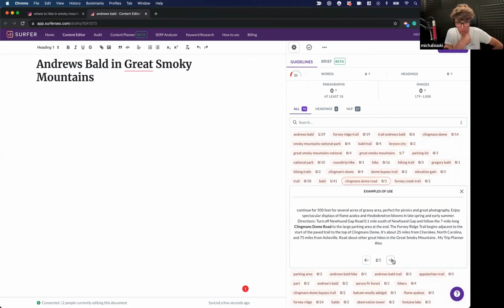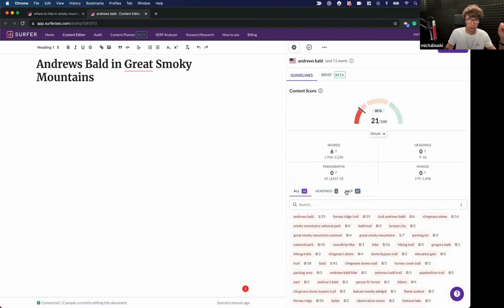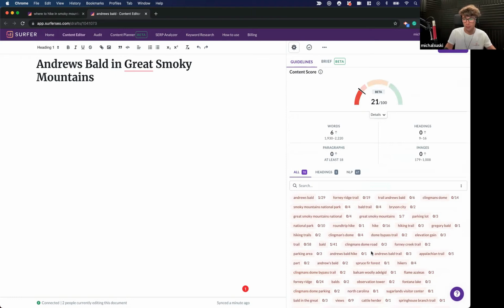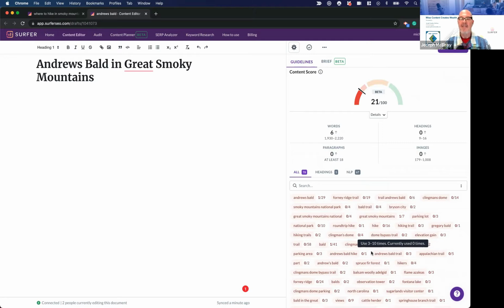So I can read that the Clingmans Dome Road to the large parking area at the end. Okay, it's a 7 mile long, blah, blah, blah. I can educate myself, I can do the research. And the goal for this content editor is to use as many of these suggested terms, because these are also NLP entities, named entities. So things Google can recognize as...